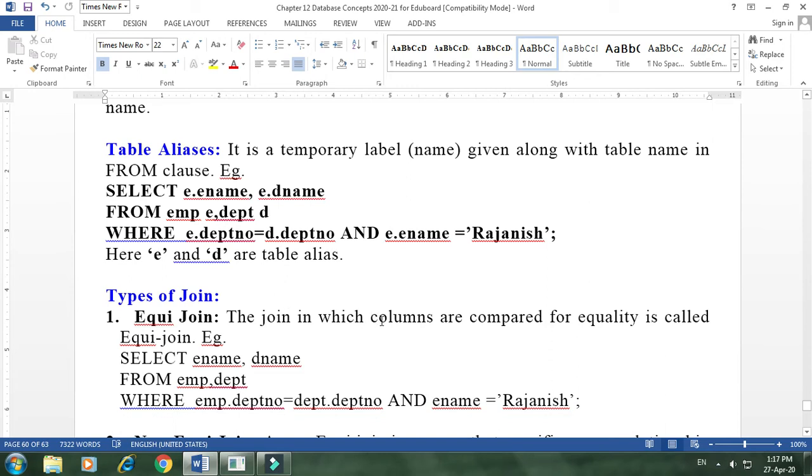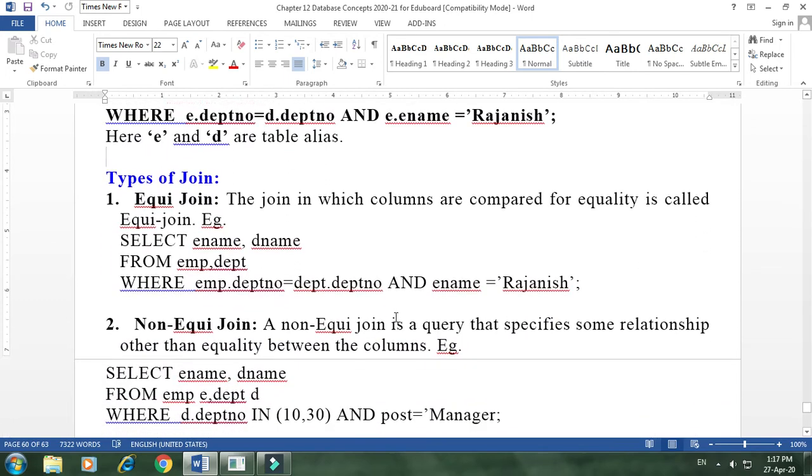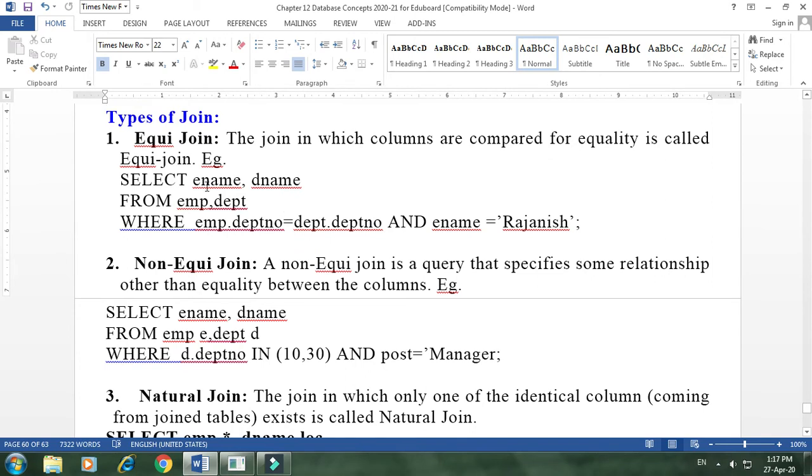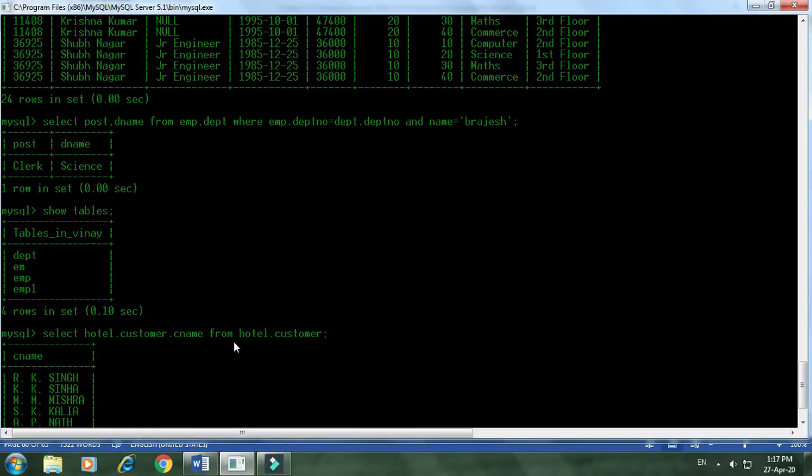Now let's learn about joins and the types of join, because we must know what different types of join we have. First is the equijoin. Equijoin means a join in which the columns are compared for equality. The example just shown here was an example of equijoin.